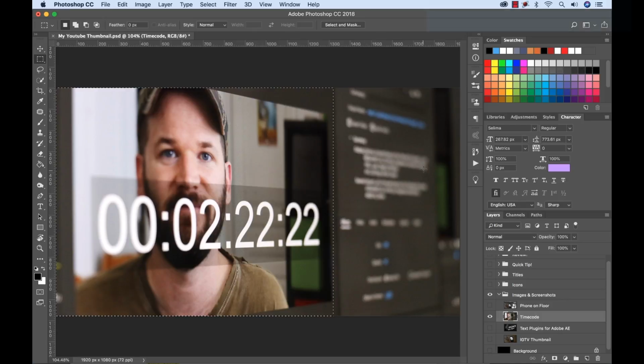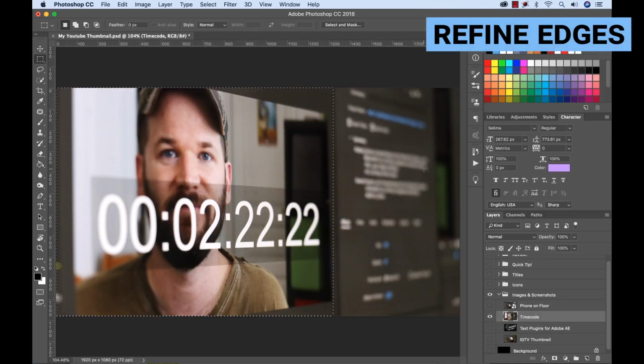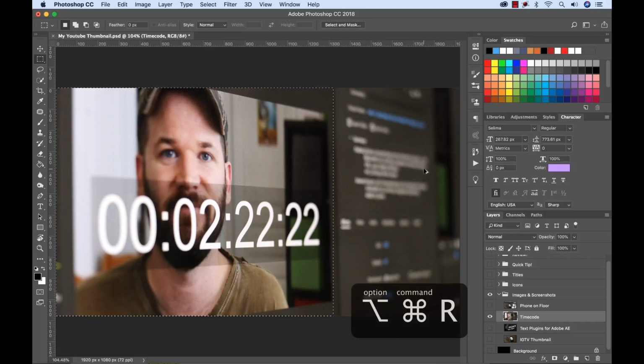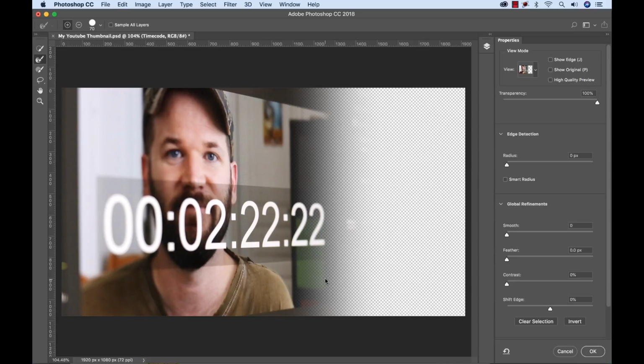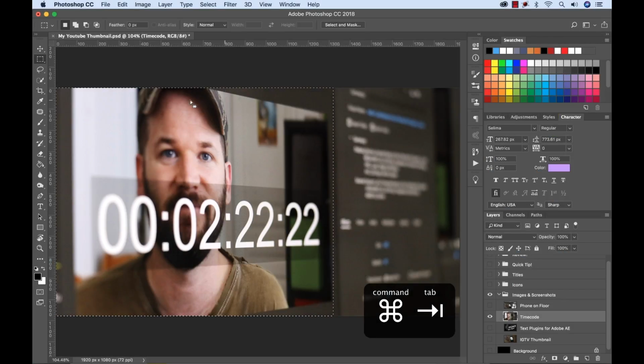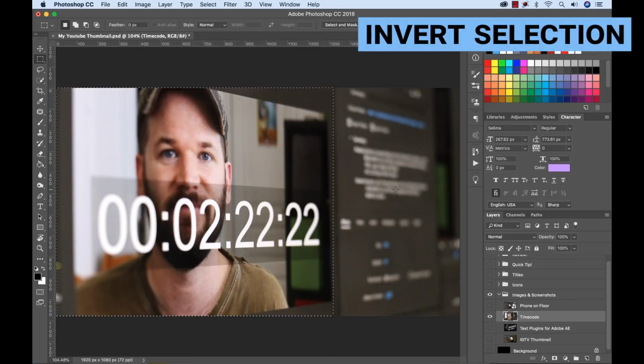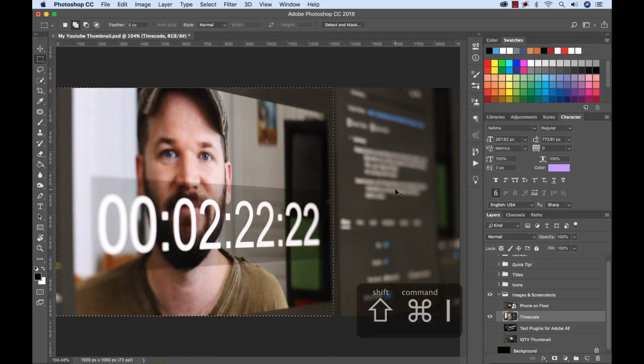Select OK. If I want to make even further adjustments to the edge here, I can hit Command Option R, and that's going to bring up those refine edge tools. So now we can see here exactly what we got going on. We can make adjustments here. Now let's say I don't want to adjust this section, I want to adjust this other section. Well, I can quickly invert my selection by holding Shift Command I, and that'll automatically invert it to select what